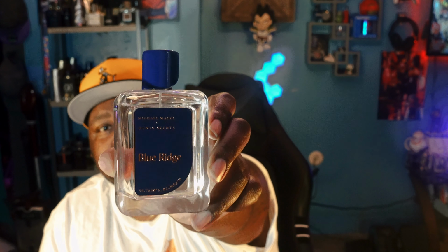Also, the bottle feels nice and hefty, so you feel like you're getting a quality bottle. The atomizer, I love the atomizer, nice and pressurized. If you're into fragrances, then you appreciate a great atomizer. As crazy as it is to say, I feel like this is going to distribute a decent amount of juice, so it's going to lessen your sprays whenever you apply this fragrance. But man, job well done. I really do like the design of this bottle, and I think this is going to look good on the shelf, to be honest. Blue Ridge by the House of Michael Malul